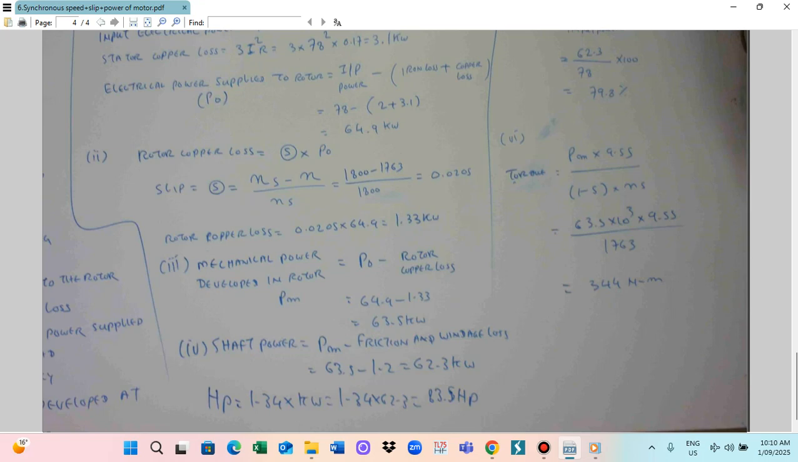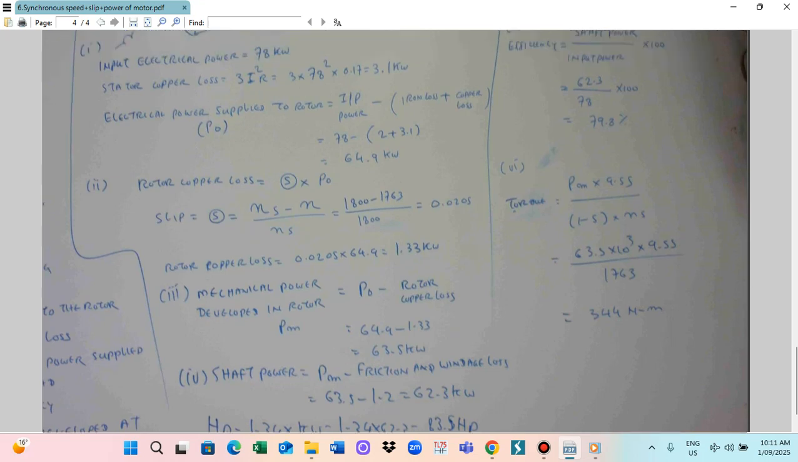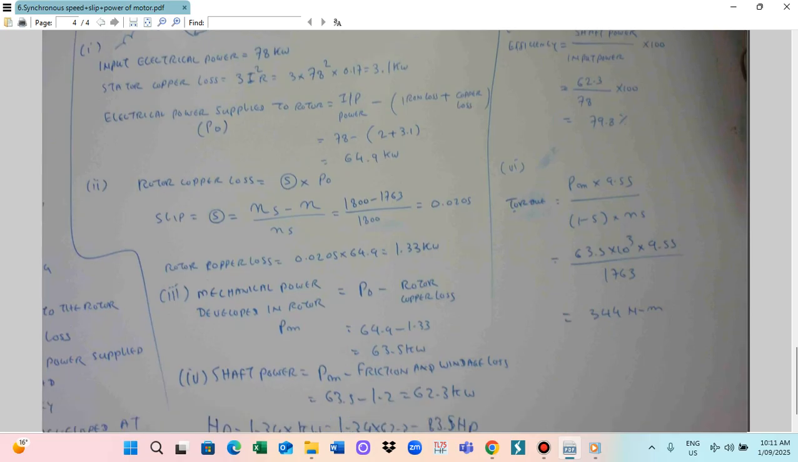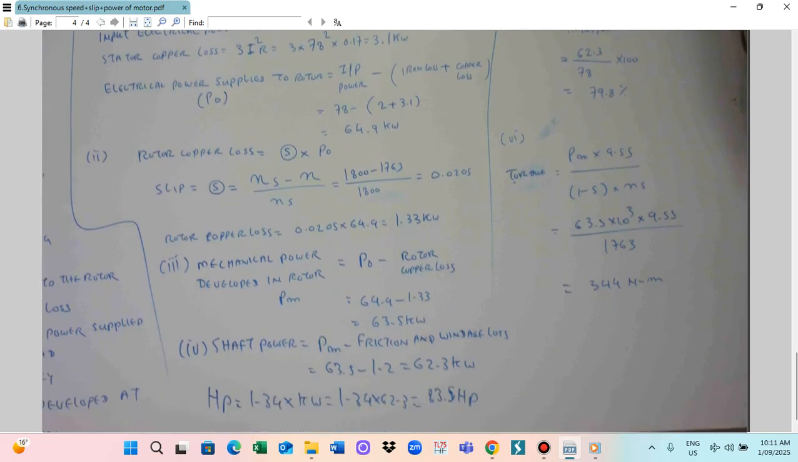So how to calculate the slip? The slip formula is that slip, s, is given as ns minus n divided by ns. So this is the slip equation. In this case, we already know that ns is 1,800 rpm, and n is 1,763. So we substitute 1,800 minus 1,763 over 1,800. So slip will be 0.0205,